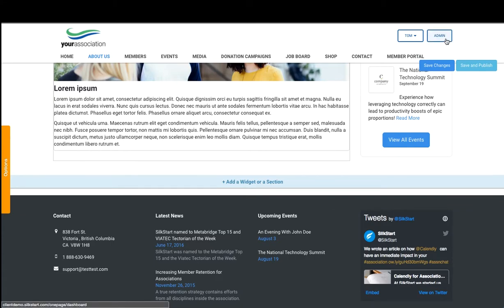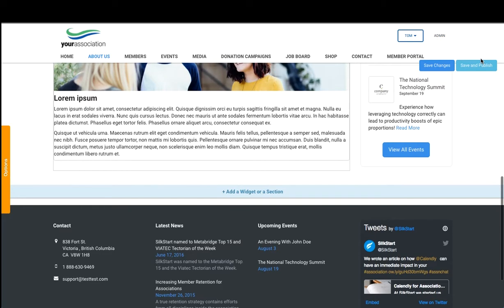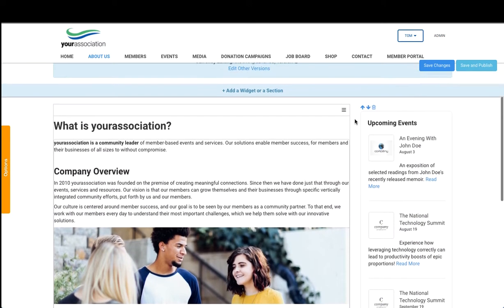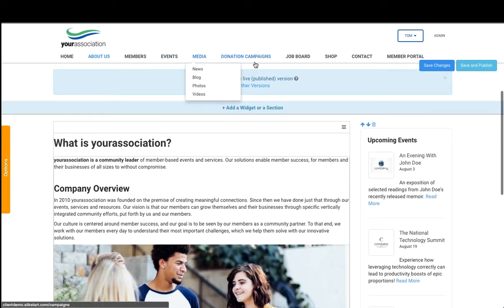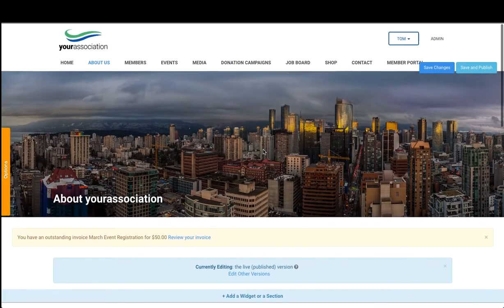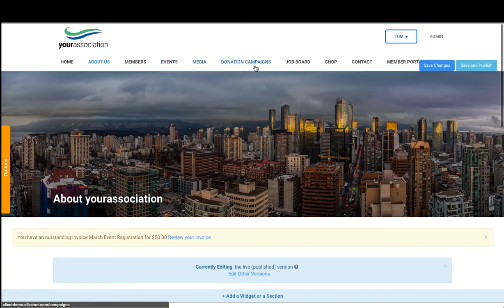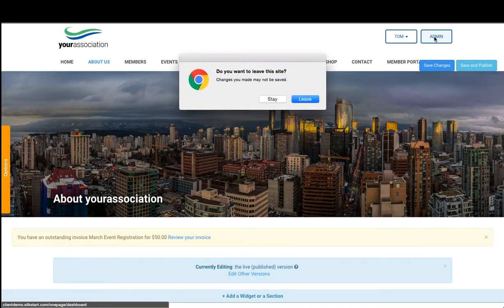I'm going to jump back to the back-end panel for the administrator. So basically what I do is simply click this admin panel. Before I do that, I just want to summarize on the front end that this menu tab that you create, or we help you create within SilkStart, is fully configurable. So you decide which pages make sense to you, which ones you want to promote, what order you want to promote them in, and which ones you want to make public or private based on membership credential, and we customize that configuration based on your needs. Jumping back to the admin panel,